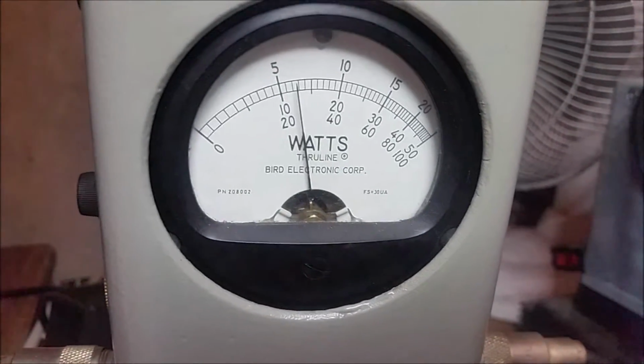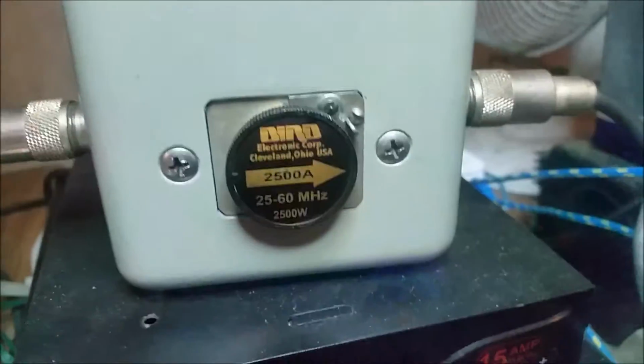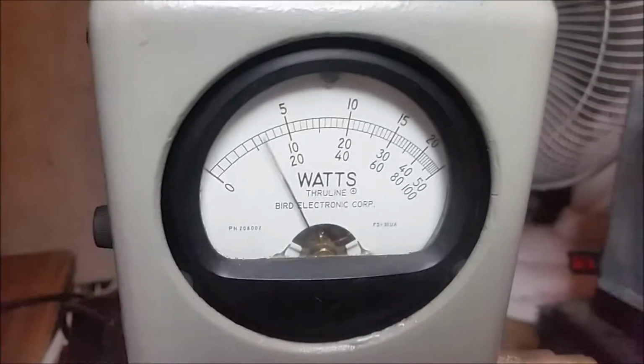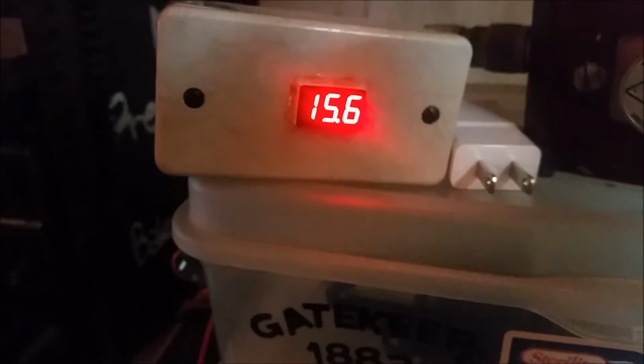Oh yeah, so it's right there about 600 watts RMS. Here's your PEP, top scale. Oh yeah, a hair over 1500 watts PEP. Here's your voltage drop. Ooh, 15.6 volts. All right, what we're going to do now